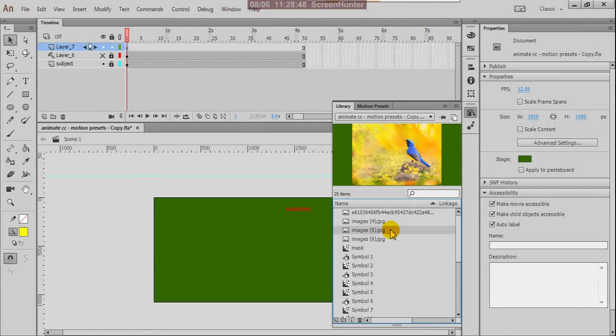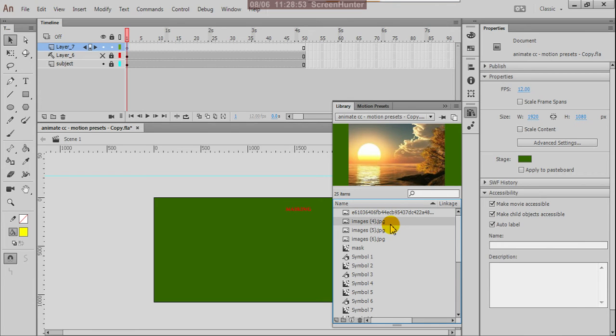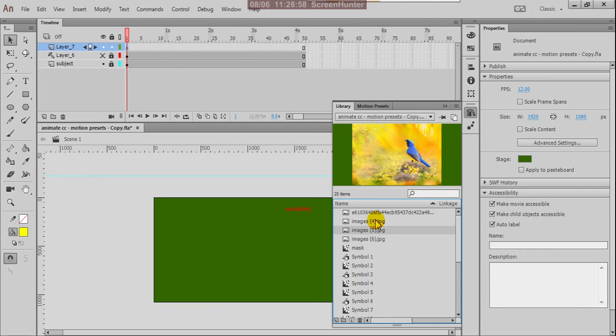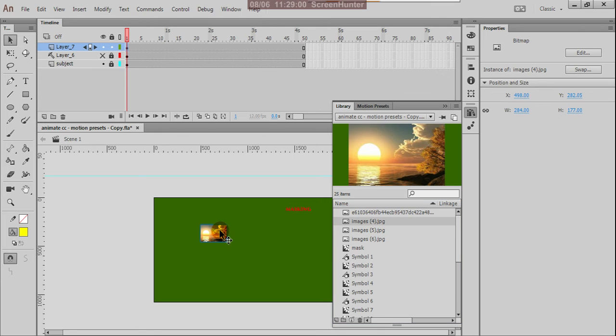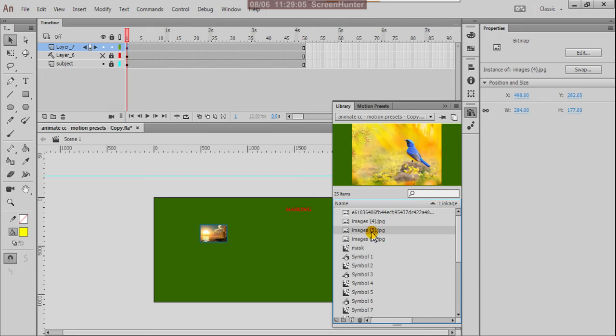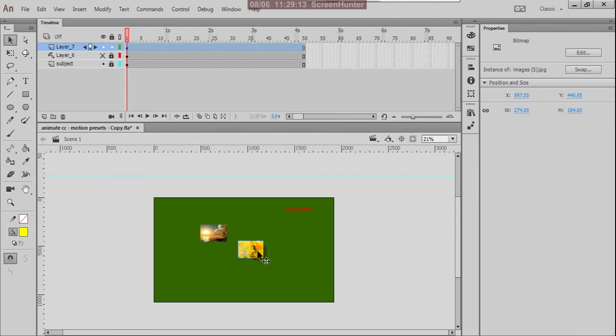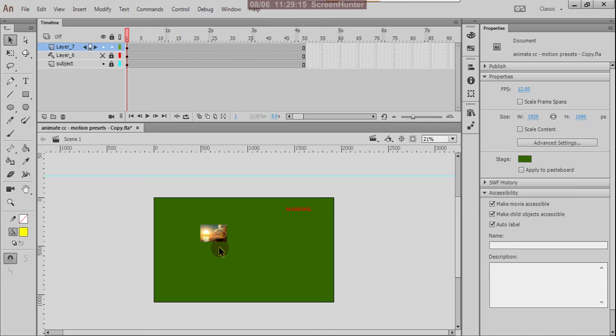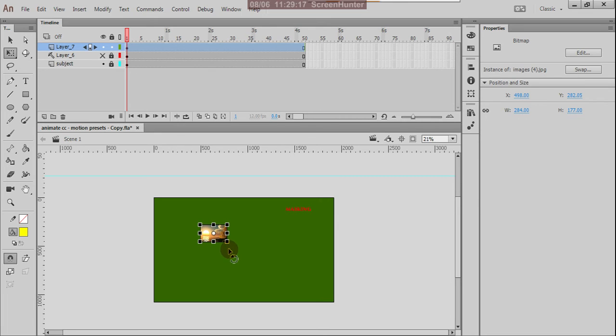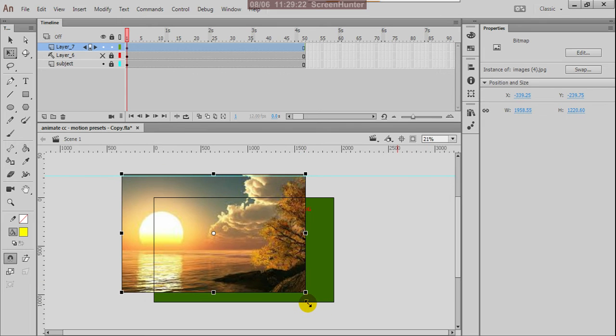Suppose here I'm using this. I think this is very small. Yeah, both are small images. Anyway, you can delete this for the time being. You can make it bigger with the shift, make it big size.